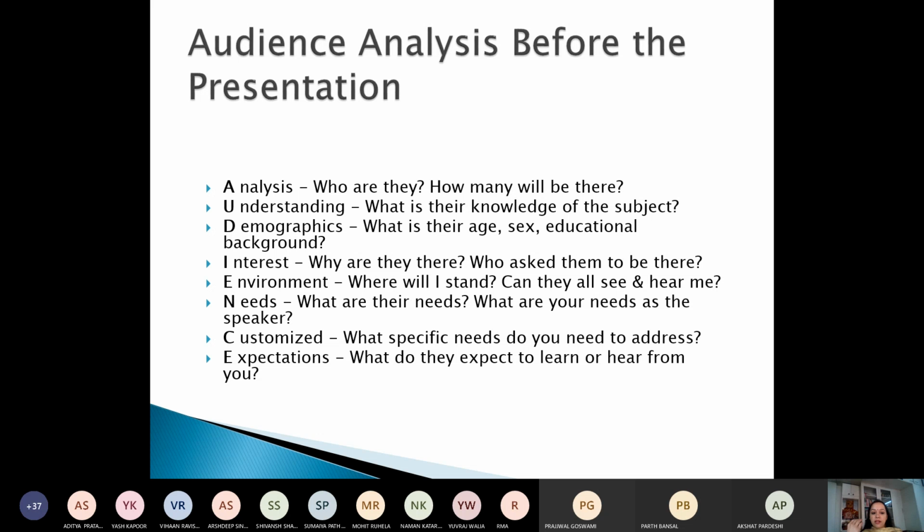So then demographics is understanding the background of the audience. Interest. How will you interpret this particular point? Why do we need to understand the interest level of the audience? What impact does it have on me as a presenter? Yes, Parth. If we do not take the interest level of the audience into consideration, then we might present them something which they don't actually want to know more about.